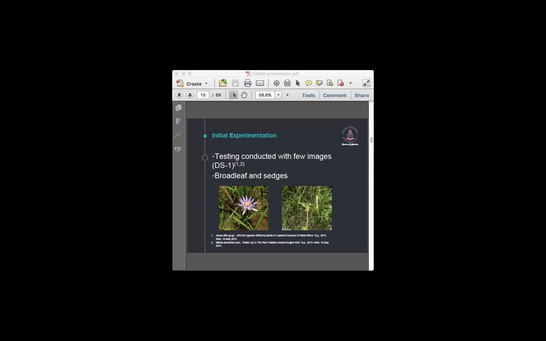So when we started with this weed detection, we noticed different types of weeds, up to 15 or 20 per crop, and some of them were narrow-leaved and some of them were broad-leaved. And rice, as we know, is a narrow-leaf crop. So it was easy for us to solve the problem of broad-leaf weeds, but it was very difficult to solve the problem of narrow-leaf weeds in the crop. Next slide, please.